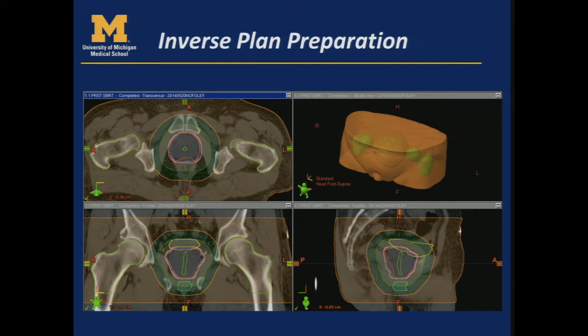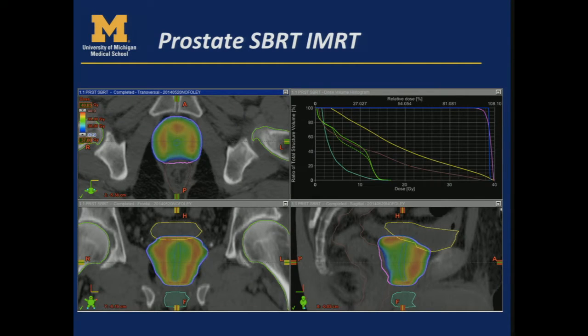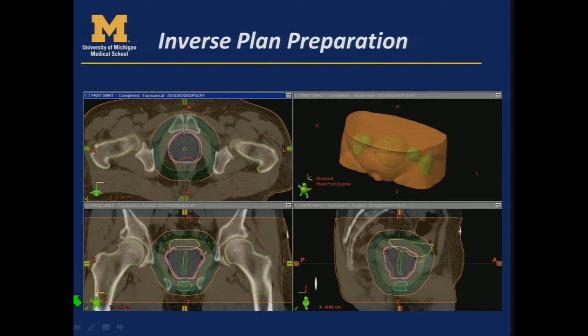This is just an example from our clinic of one of our SBRT prostate patients and the prep that the dosimetrist goes through to set these up. So here again, you'll see that the dosimetrist has registered the scan where they had the Foley in, and so here's the urethra in green. As Mary said, this can change depending on the patient. It's a little bit hard to see, but this purple is the PTV, and then in red, the dosimetrist has